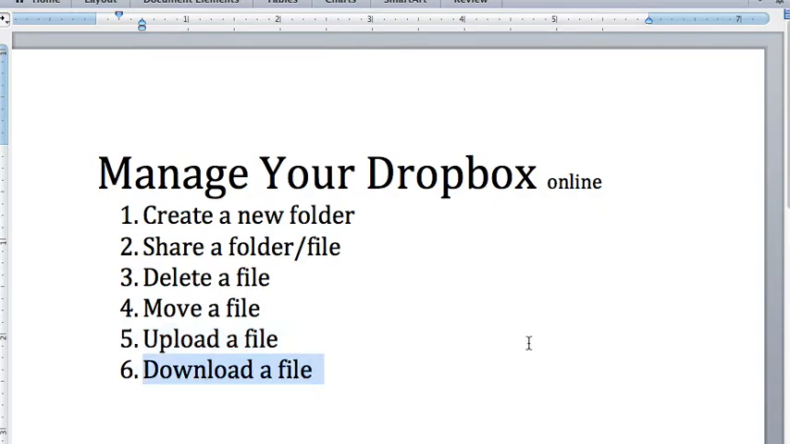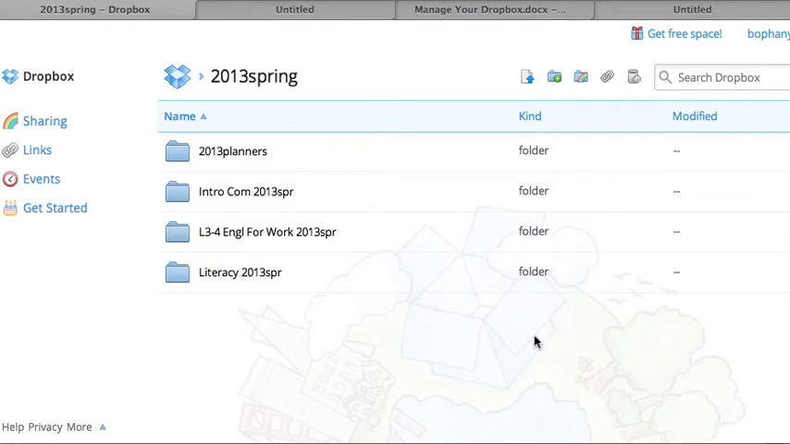Okay, let's get started. At this point, I'm going to assume that you already have an account with Dropbox and that you know how to go to dropbox.com and sign in to your account. Okay, so here is my Dropbox, and as you can see, I have